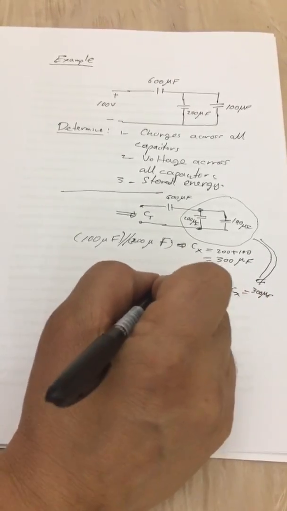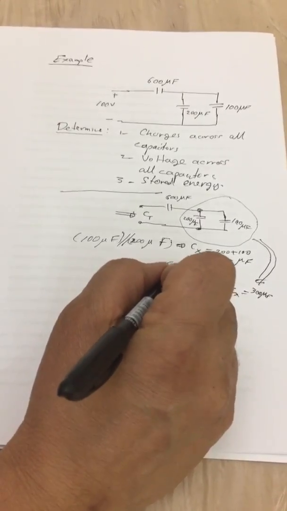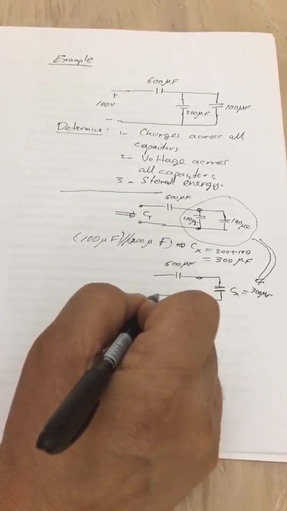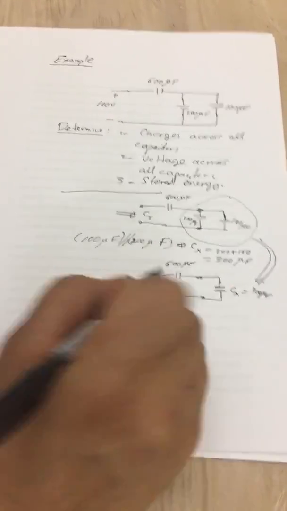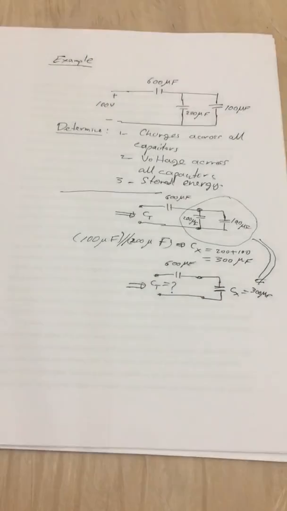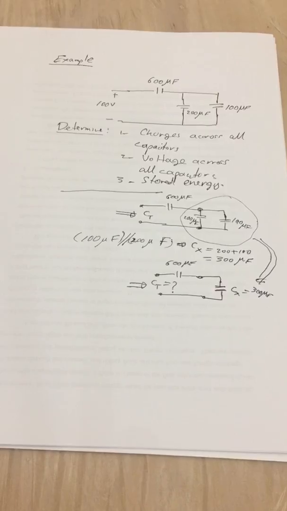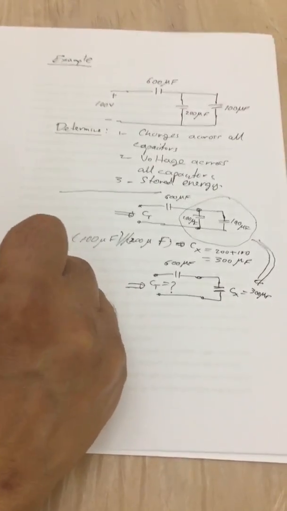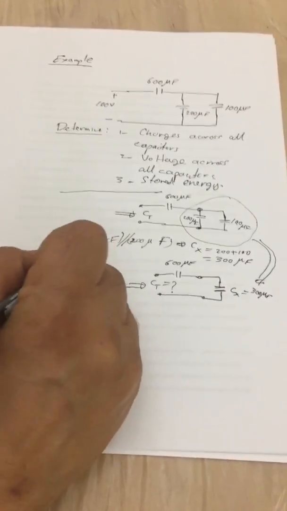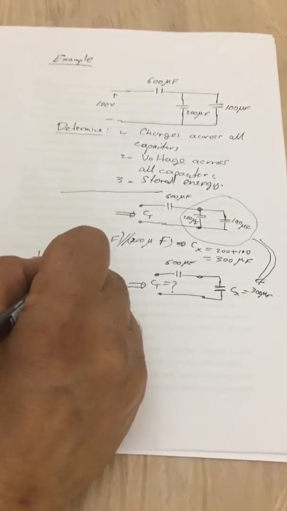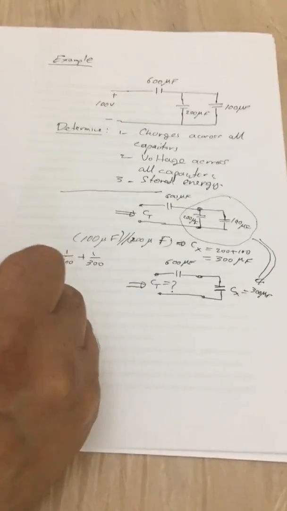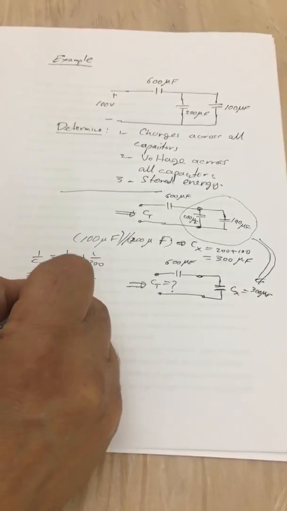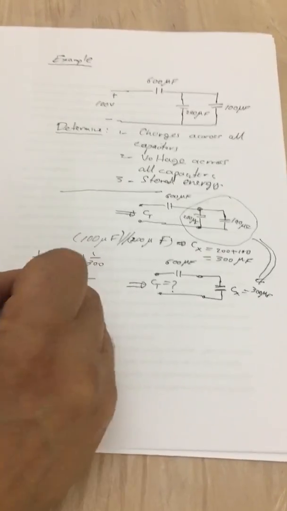And then this is connected with the 600 microfarad in series. And we want to find what is C total. Now Cx and the 600 are connected in series. So 1 over C total is equal to 1 over 600 plus 1 over 300, which is equal to